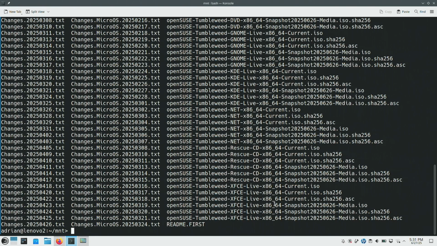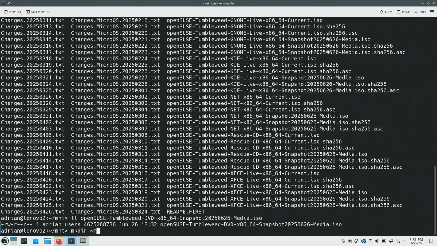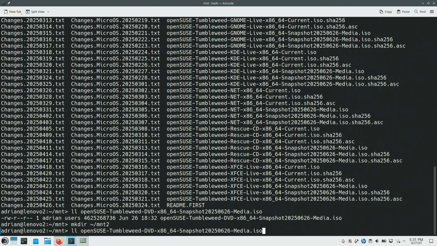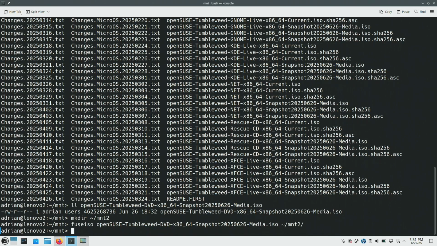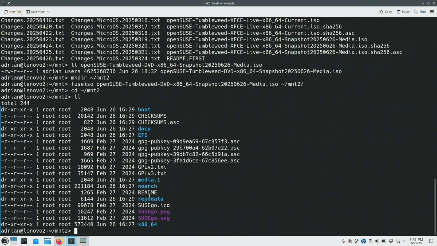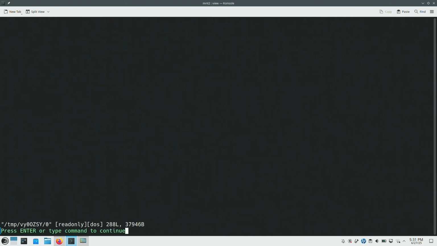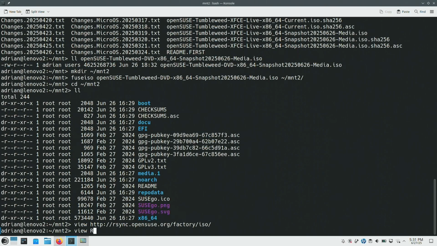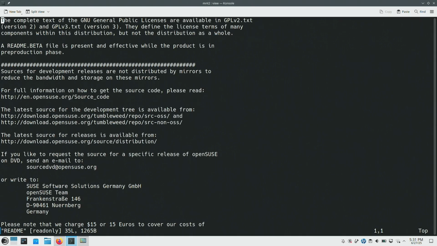And if we want to check a file like the DVD ISO, let's make another mount point. And using fuseiso, we can mount the mount point without having root permissions on the machine. Then we can check in there. Oh, there's files in there, and we can, for example, look at the README, I would say. And we can read files out of the ISO without downloading all of the ISO and without needing any root permissions.